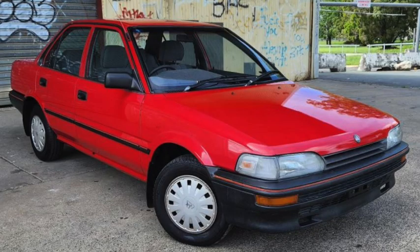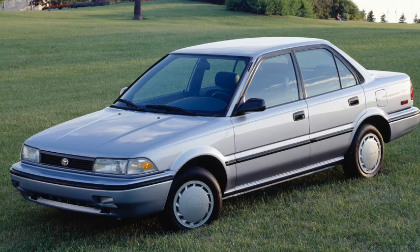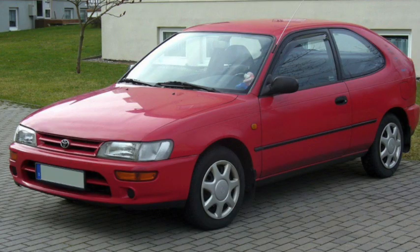This version would also be sold as the Holden Nova and Geo Prism. It proved to be more successful than the outgoing model, and prices in the US ranged from $9,000 to $12,000. There would be a 25th anniversary edition for 1990, and it would get the new Toyota logo the following year. Also for 1991, the Corolla moved up from the subcompact segment to the compact segment, now 161 to 168 inches